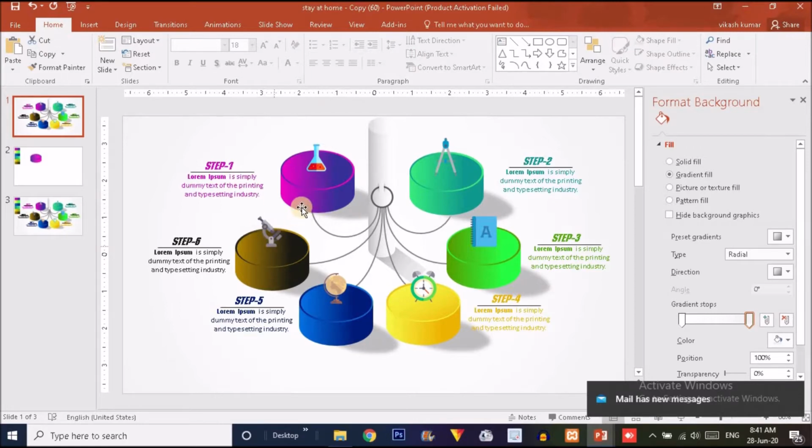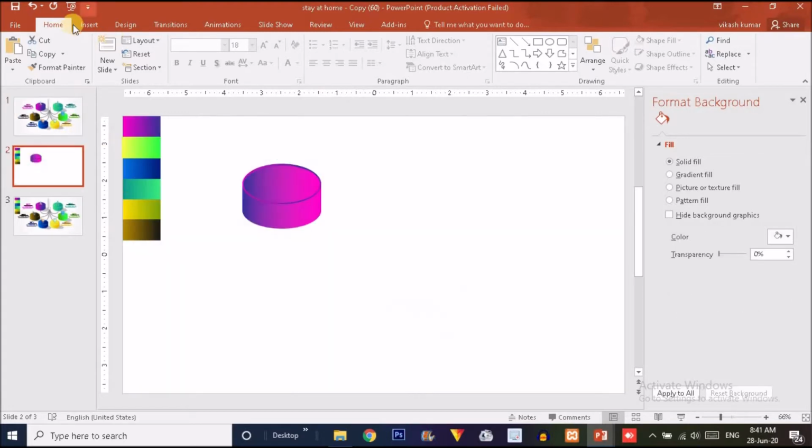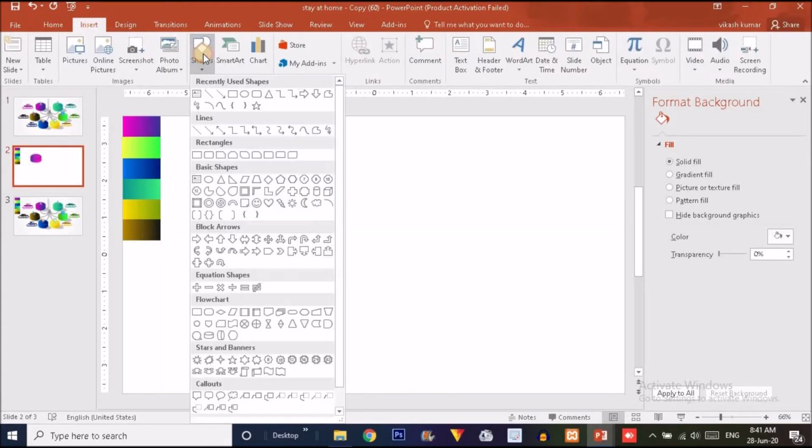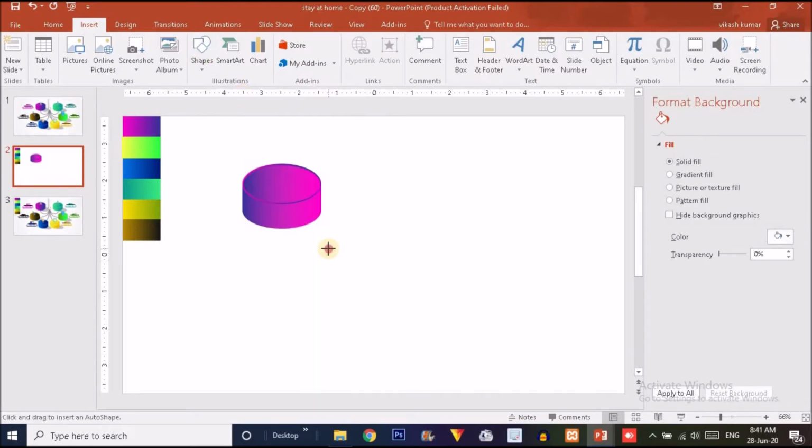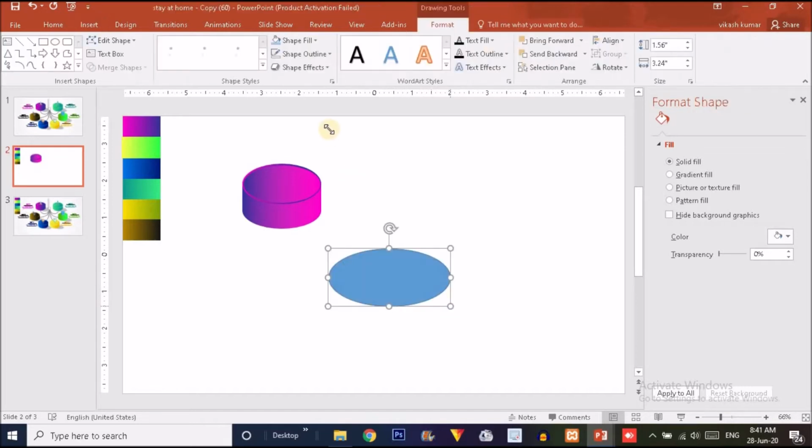Before making a duplicate copy of this shape, we just have to create a shadow effect over here. So for the shadow, I'm just going to click on the insert option, click on the shape option, and here you will have to choose an oval shape again and drag an oval shape like this.